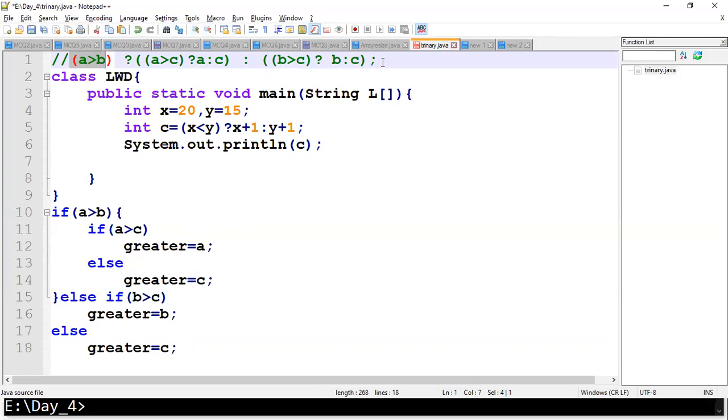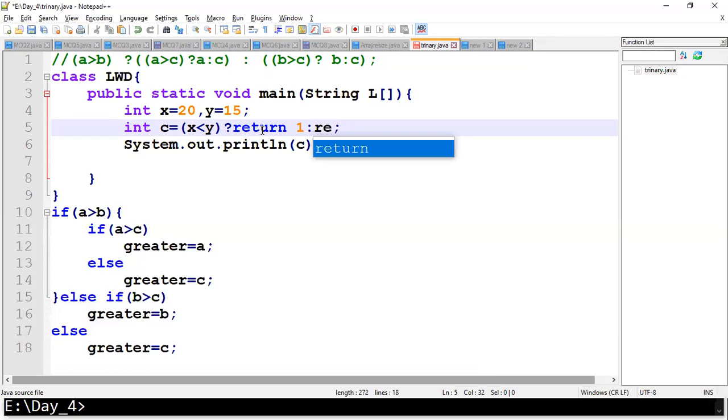If you miss assigning any of the true part or false part, you will definitely get an error, because the ternary operator holds three different parts of a program execution. Ternary is going to hold a condition followed by a true part and a false part. It may be a true false value, an expression, an increment decrement operator, or any kind of printing statement. It is not supposed to be a return one. If it is any function return, you are not supposed to give return here. Likewise, return 0, return a, b, you are not supposed to give. This is one of the limitations of the ternary operator.